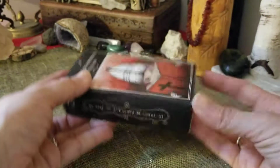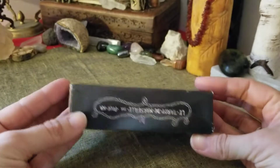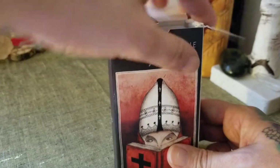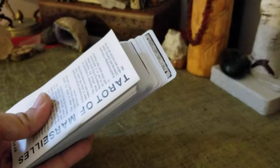So, first of all, it comes to you in just a regular little box. It seems to be a little bit squished. Got a little squished in transit, but I mean, still pretty standard, nothing to get excited about. Now inside,